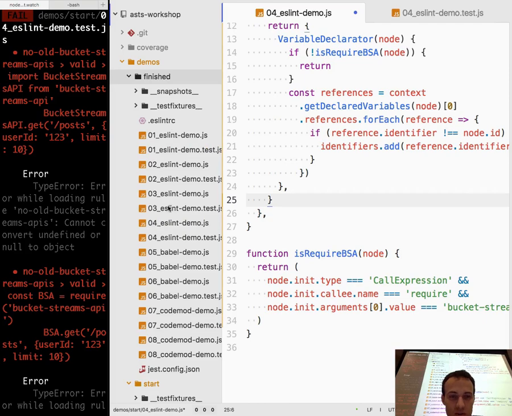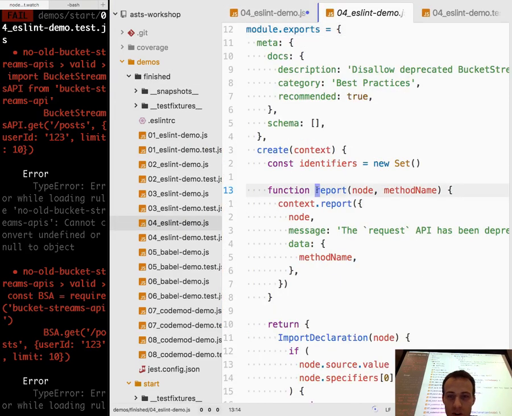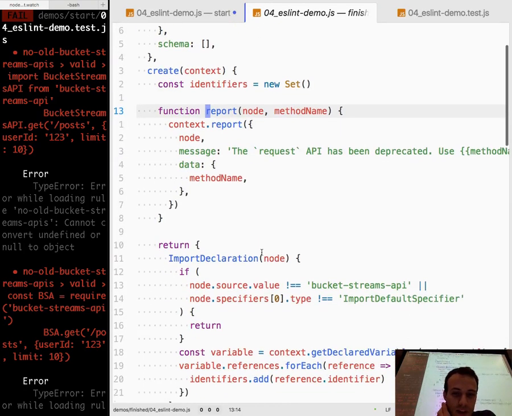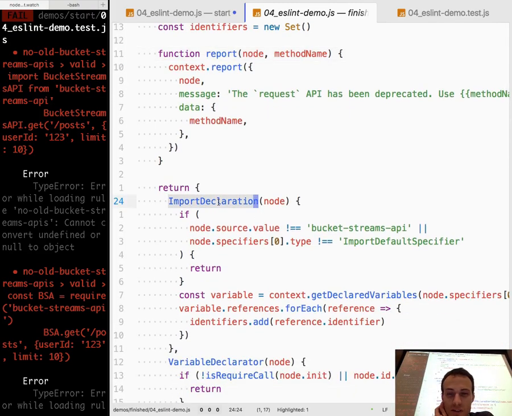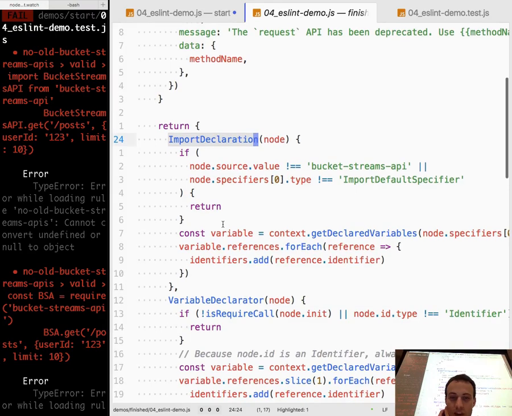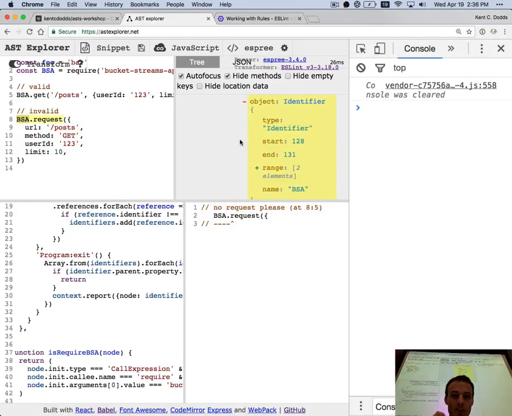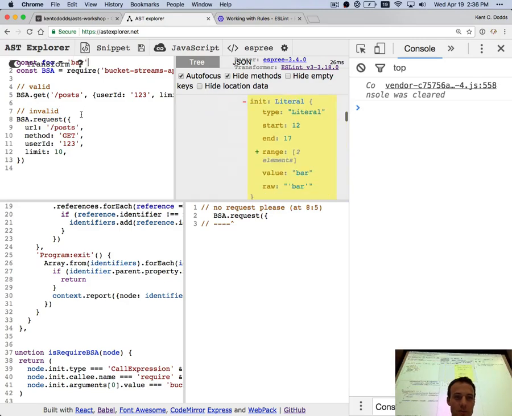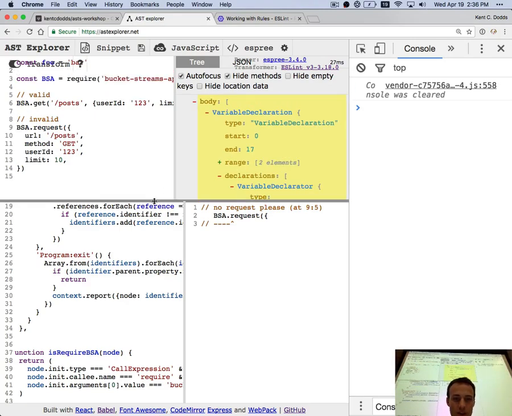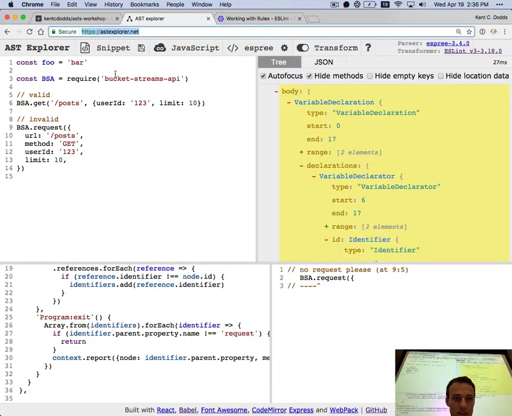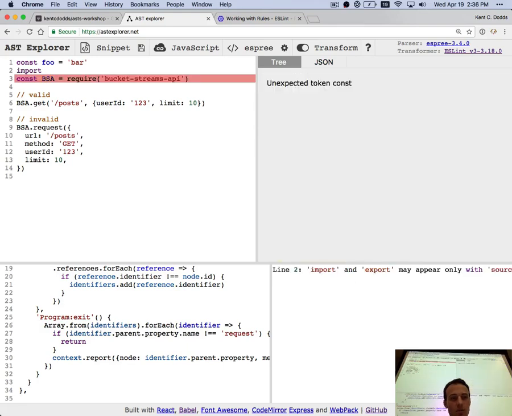So this is exercise 4. I also handle import statements, and so here we have an import declaration. And imports are a little bit different. We can actually look at imports, even though ESLint can't run on them here. We can look at what the AST looks like. So import bucket streams from